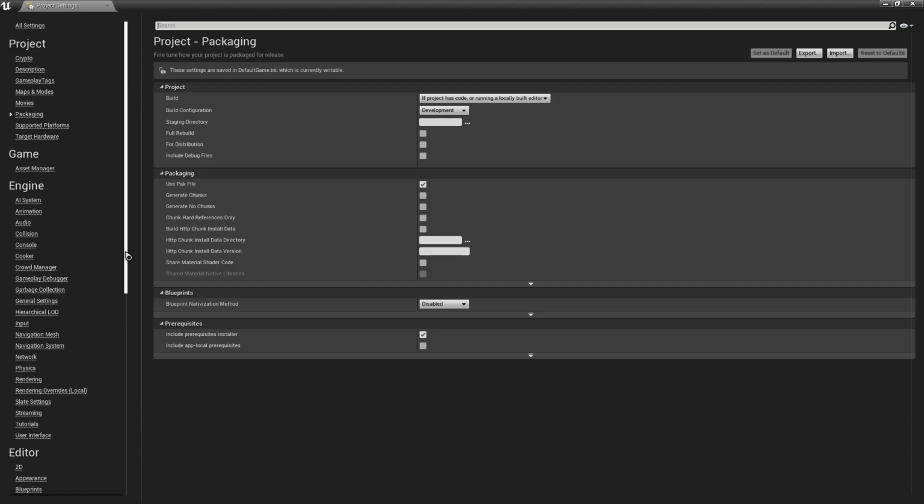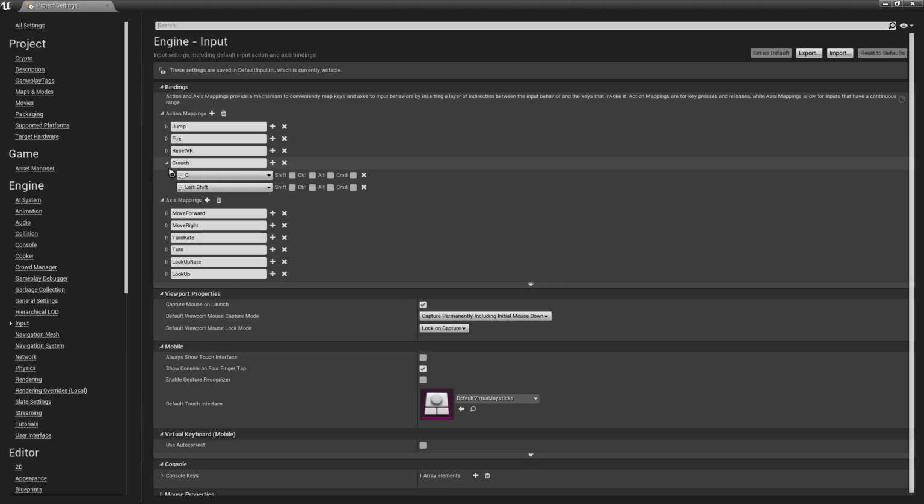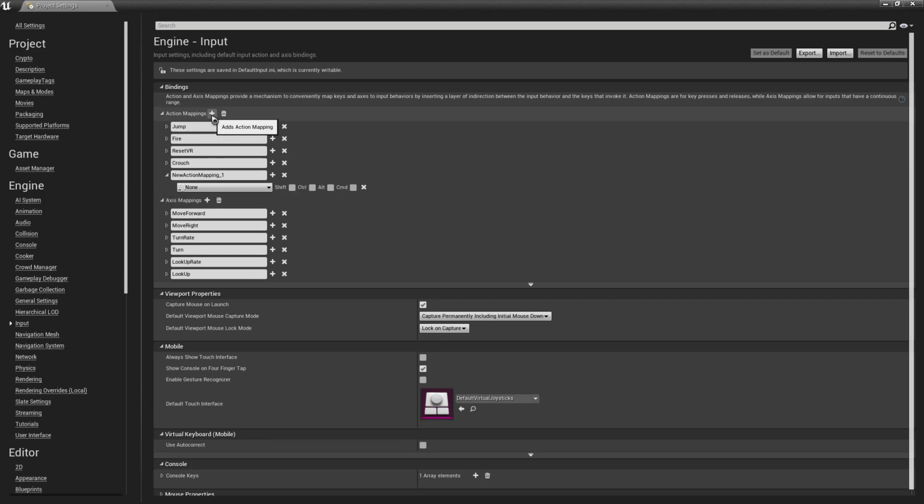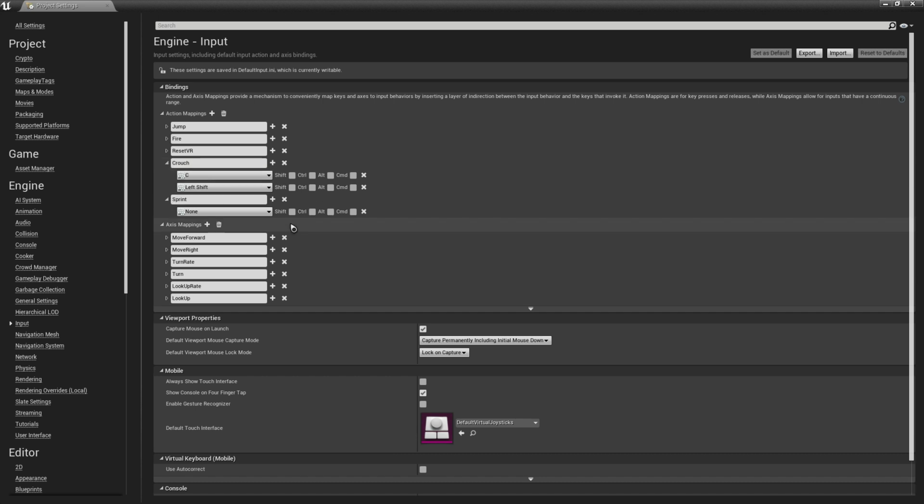Then inside the engine, just select the input. And as you can see, in action mappings, let's register the sprint and the key that we're going to use.